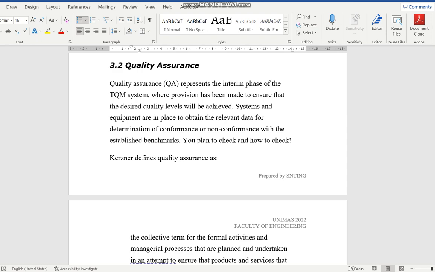Maybe I do not want to use the word TQM here, it may be confusing. So I will change it to QMP. Yeah? Or QMS, okay, a quality management system. So a QMS, or QM system, will have what we call a QA phase, you see. And what is a QA phase?